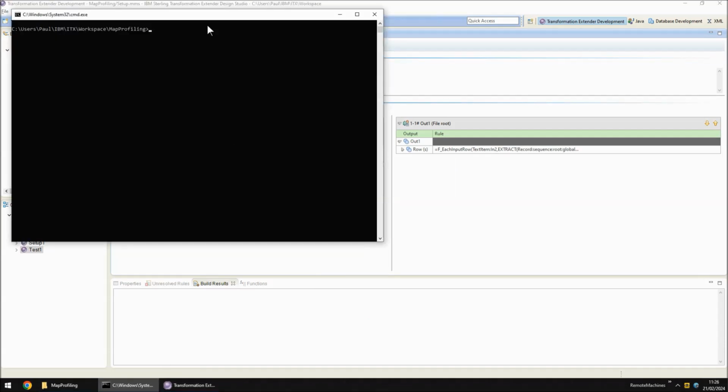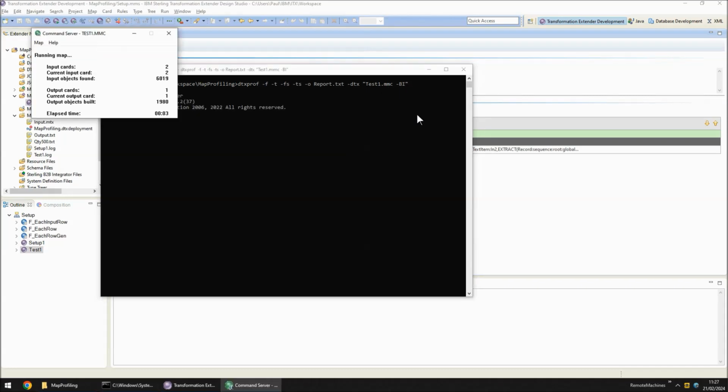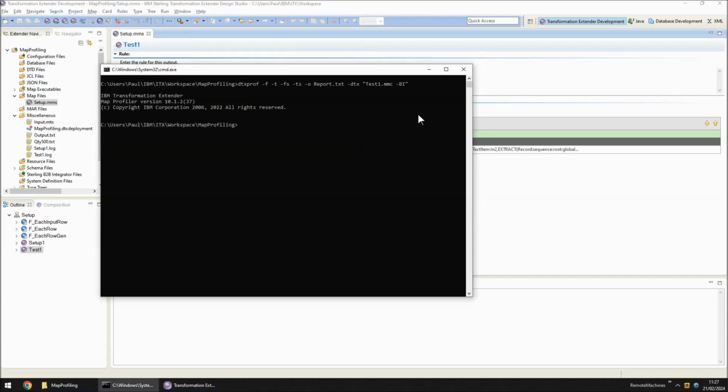In this command prompt window, I've set the path variable so that my ITX 10.1.2 installation is in the path, and I can run my profile script with all the options turned on, F, T, FS and TS. I'm going to generate a file called Report.txt, running the map test1.mmc and closing the window when it's finished. As you can see, running the report actually takes significantly longer than running the map itself, but it is now